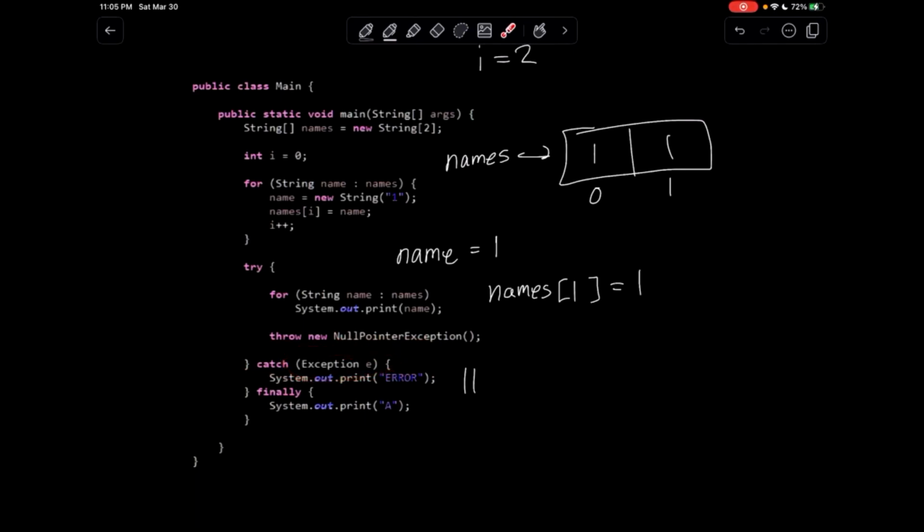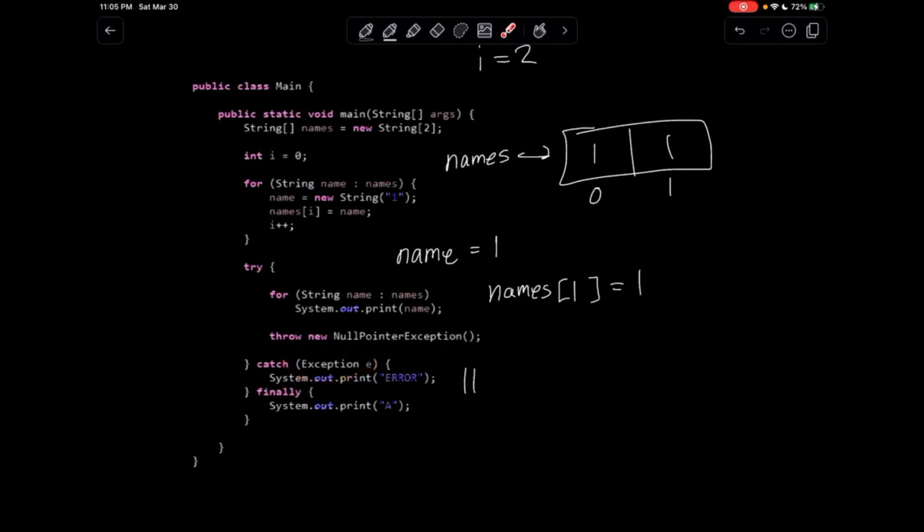Had this been, say, an array out of bounds exception, it probably wouldn't have caught the null pointer exception, and then your code would have crashed. The finally block would have still run, but your code would have crashed. That's no good. So this catch block does indeed catch the null pointer exception because Exception is more generic,